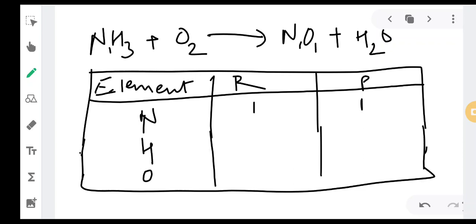For the hydrogen is 3 in numbers on the left hand side and 2 in numbers on the right hand side. For oxygen if you see, oxygen is 2 in numbers on the left hand side, and it is 2 in numbers on the right hand side. Okay, so how you will balance this chemical equation? It is a very tricky thing. Okay, so now what is balanced? Generally 2 things are balanced. Nitrogen is balanced, oxygen is balanced already. Which is unbalanced is hydrogen.